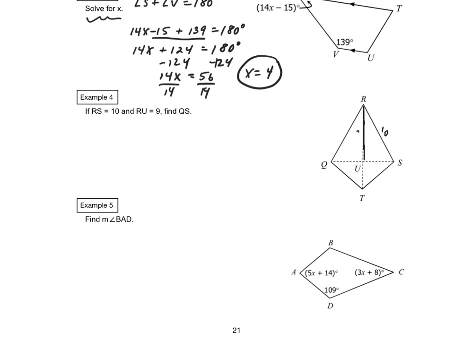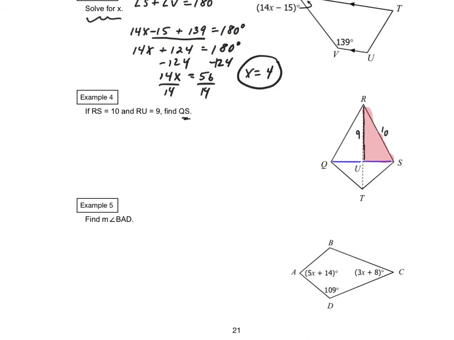RU is equal to 9. And it wants us to find QS. Well, QS is this segment right here. Or I'm sorry, that's US. QS is the entire segment. But I do know that if I look at it just for the sake of a triangle, this triangle right here,